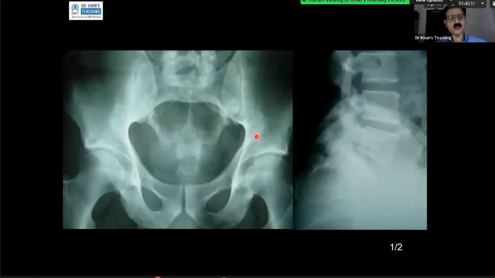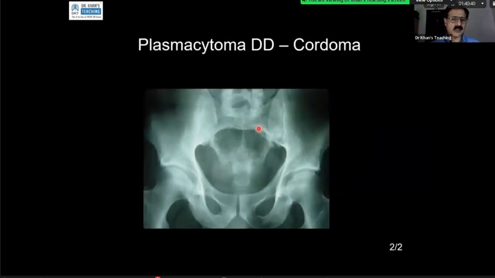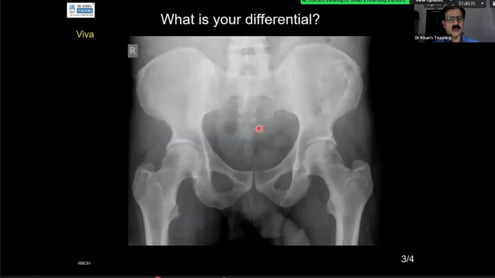So the teaching point here is that when you see a lesion of the clivus, or the other end of the notochord, which is the sacrum, chordoma must be kept in the differential. So this was a plasmacytoma, but chordoma. Okay, now,